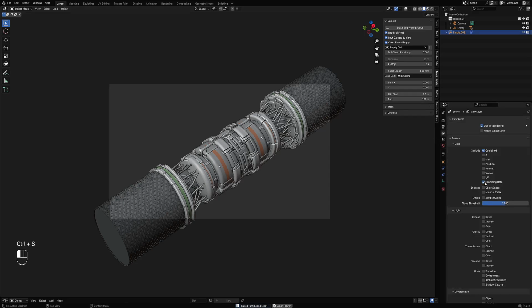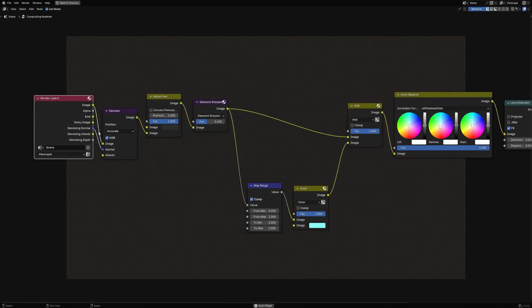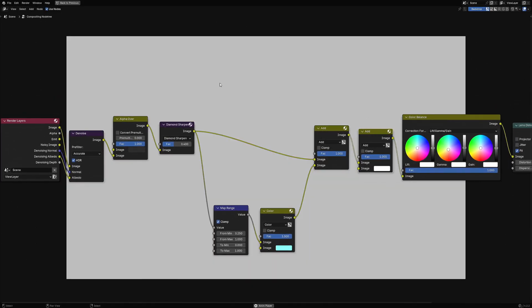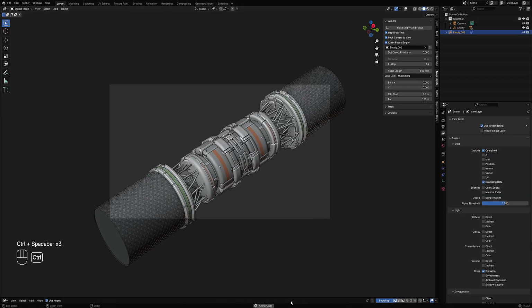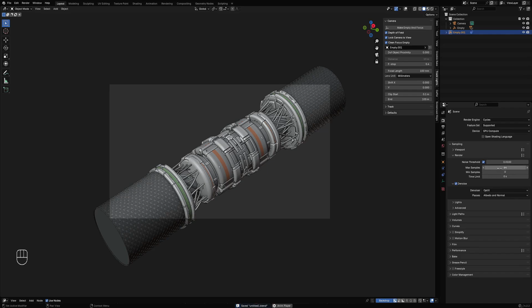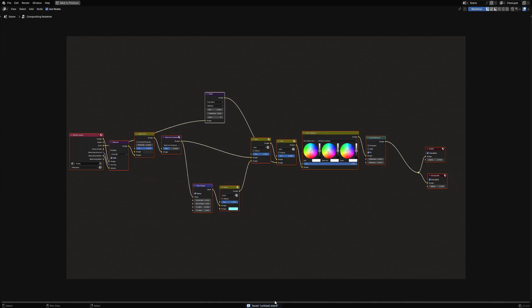Before that, I'm going to add denoising and emission. Go to the compositor, and add those nodes, normal and albedo. And we're going to add the glare from the emission and use fog glow and add it here. And we're going to test render using just a small sample like 32. So you won't see the actual render window, but you can see the percentage here on the progress of the render,